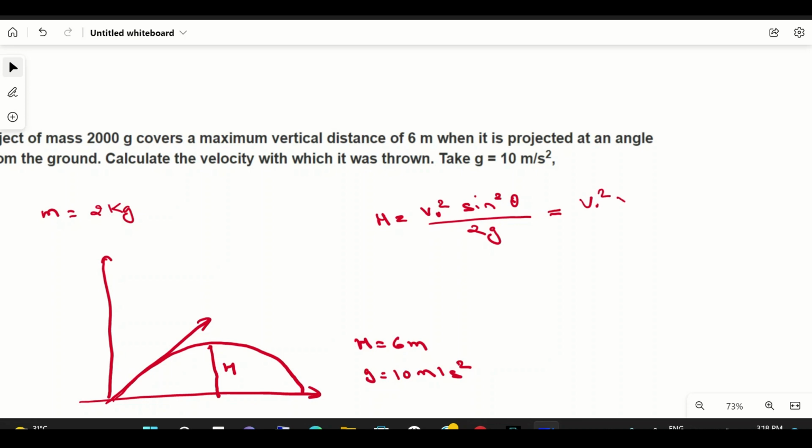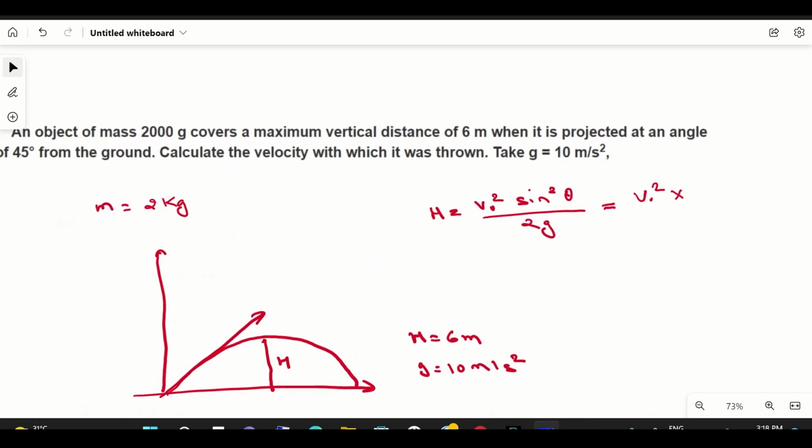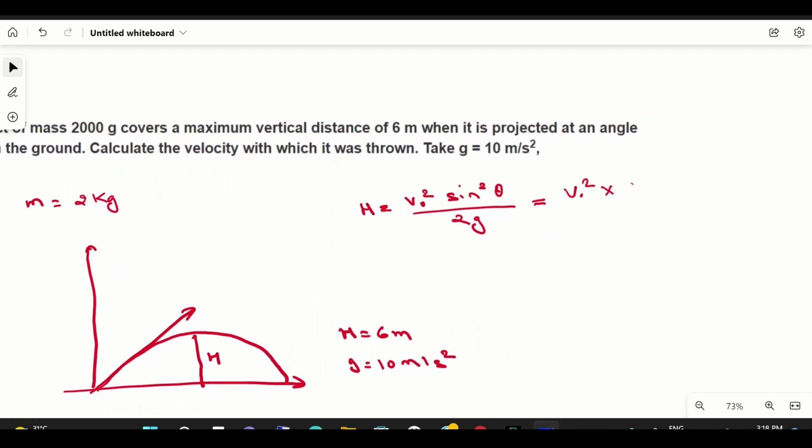So V naught square into sin square theta, where theta is given as 45 degree. Sin square 45 divided by 2 into G, which is 10. So H is 6. 6 is equal to V naught square into sin 45, which is 1 by root 2. Sin square 45 is 1 by 2, divided by 20. So we will get